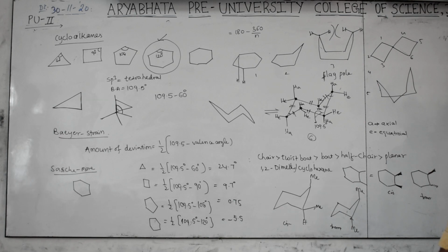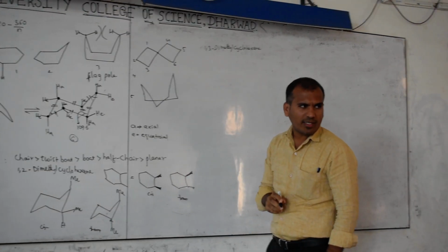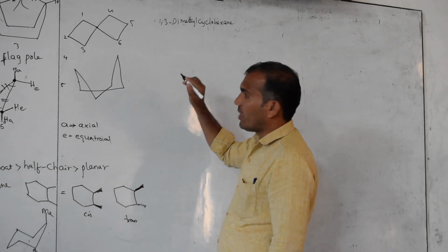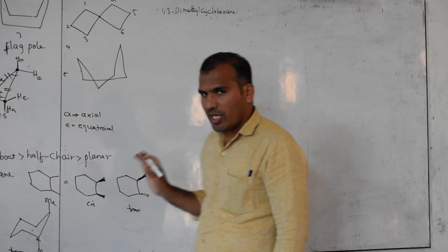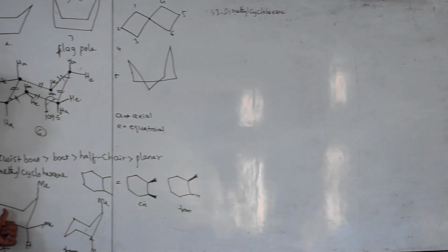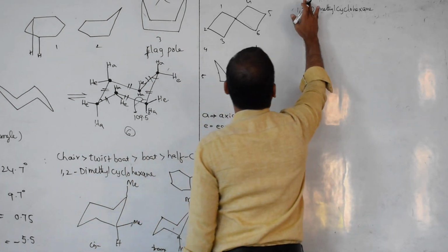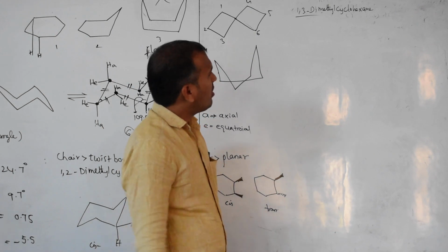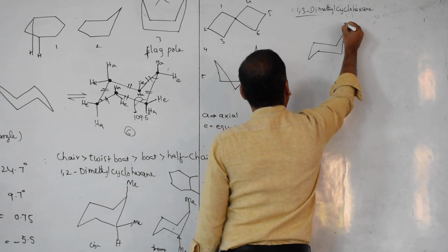1, 3 dimethyl cyclohexane. 1, 3 dimethyl cyclohexane. Okay. In 1, 3 dimethyl cyclohexane, here I will explain one thing I forgot. In this one, if 1, 2 dimethyl hexane is there, no? Otherwise take only methyl. After I explain, you will explain 1, 3 dimethyl cyclohexane. This is cyclohexane. This is one position.